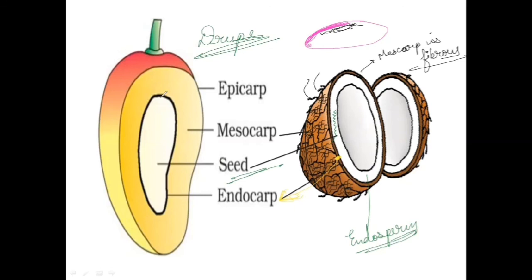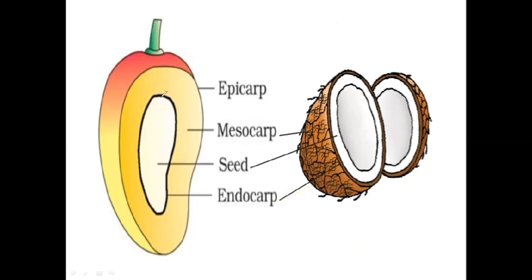Now, after this, we have got a few more types of fruits. We are not going to study the complete classification of those fruits, but we'll study specifically those fruits because a number of times questions have been asked from them. So let's see what those fruits are. First one we have got is Hesperidium. We all are familiar with the fruits. What we need to remember are the terms, the groups to which these fruits belong. So the first one we have got is Hesperidium. It's not in NCERT, but you need to remember these points.